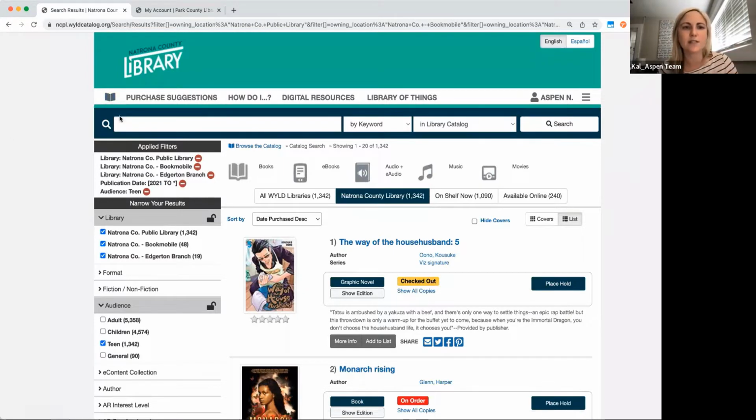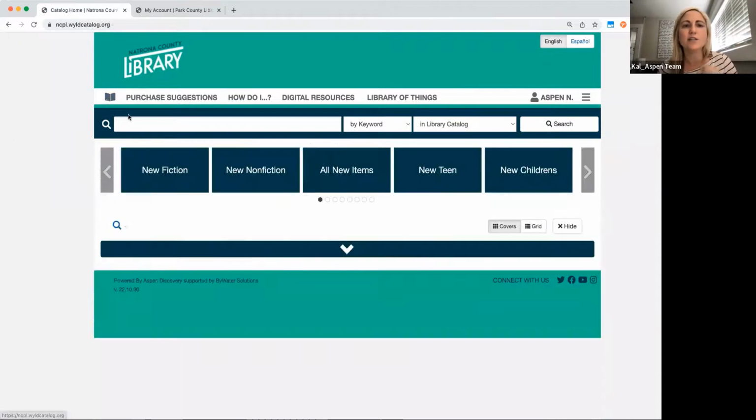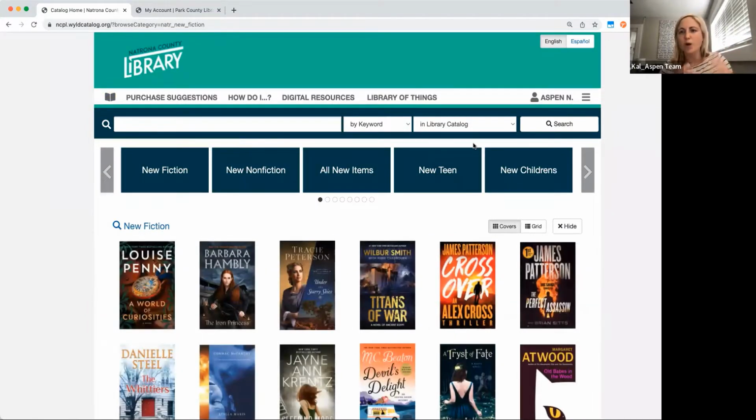For searching, since we're kind of seeing some searching, let me just go back. There is a search bar on every page in Aspen. So we're always prompting folks to get back to that search. We have a really great relevancy in Aspen, which we're going to look at in a bit. But I would say 99% of the time, users are going to be performing a keyword in library catalog search. So like a general search, because like a Google bar, when people see a search bar, they're not always thinking like librarians with Boolean terms and things. They're just thinking of maybe a subject area or a piece of a title. So Aspen's going to try to make matches to those behaviors.